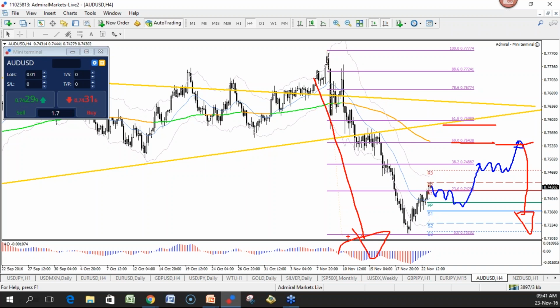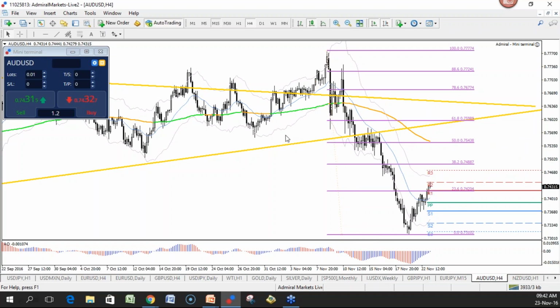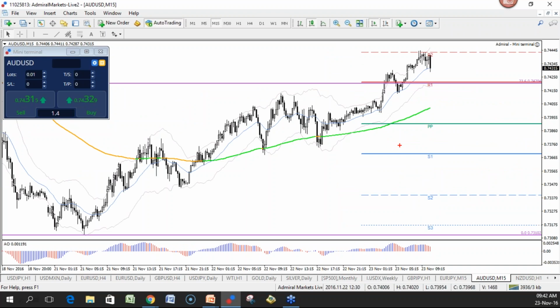So what would that mean for my trading? That means that if there's nothing else available, then I might think about a counter trend trade on the Aussie, a counter momentum trade, I should say. Trend is still down, momentum is up though at this point. What does that mean though? If I catch a trade here,